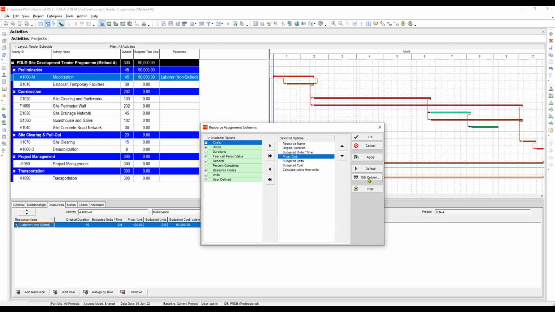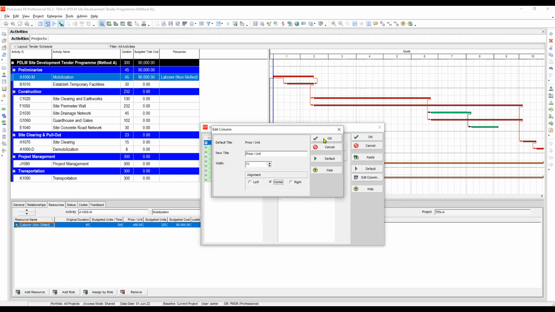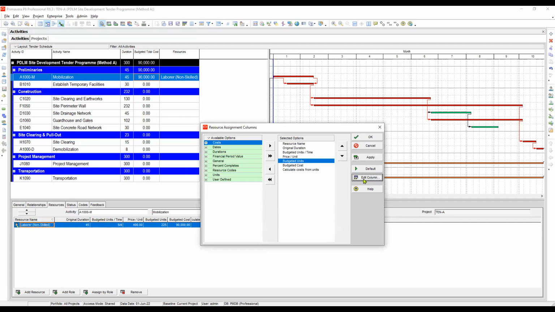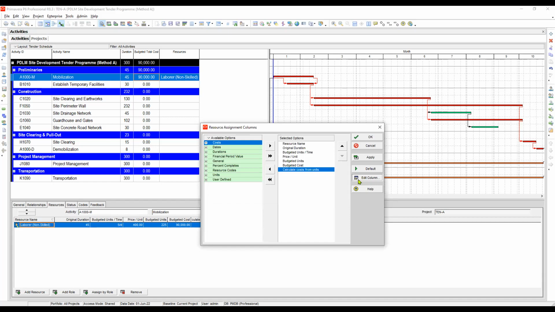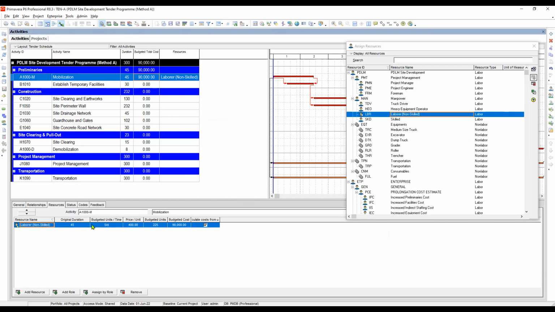So I'm trying to make it a bit slower for you to understand and follow the cursor where it goes. Edit, and then center, edit, and then center, edit, and then center. Okay, apply. All of them are already in center